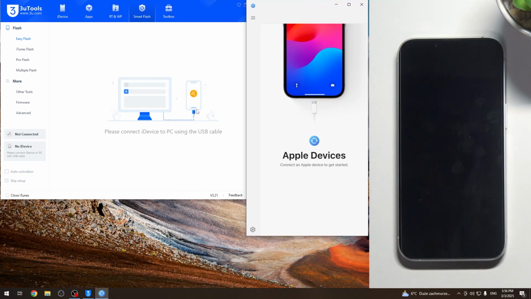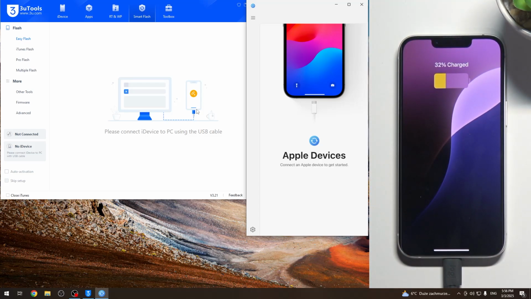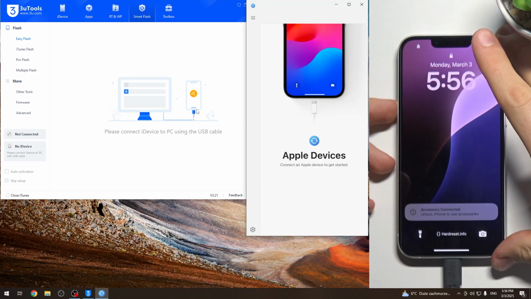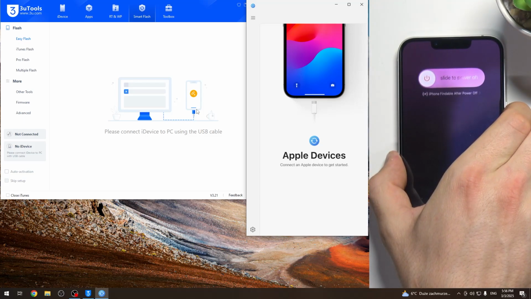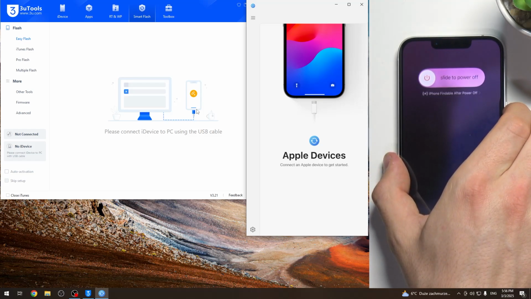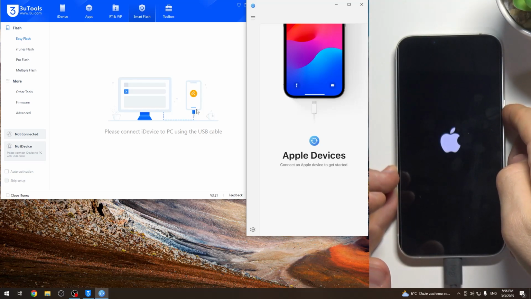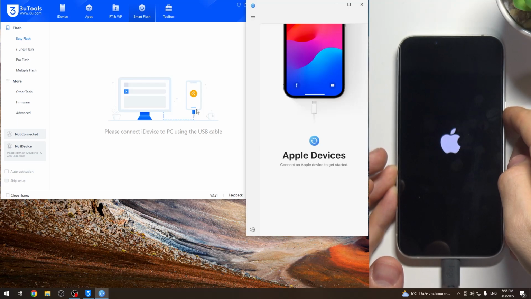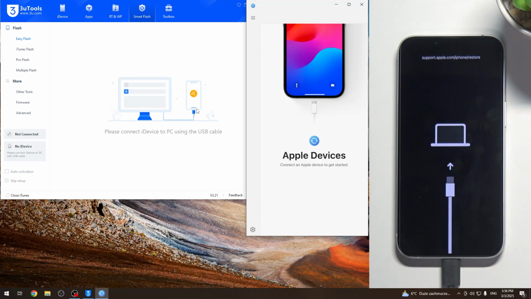To do that, first, of course, you should connect your iPhone to your computer with the USB cable, and then just press volume up, volume down, and press and hold the side button. Press the side button until you see the recovery mode screen. Cool. Wait a while,